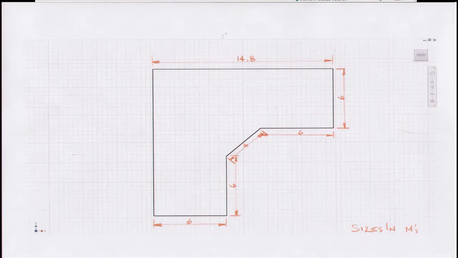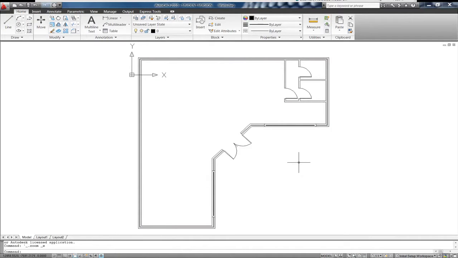So from a starting point with a basic rough sketch of the floor layout, I recreated the footprint of the building in AutoCAD as shown here. I've set up a couple of layers, one for external walls and one for internal walls, and at this stage I have the external walls creating the shape of the floor plan and the internal walls to define the restrooms